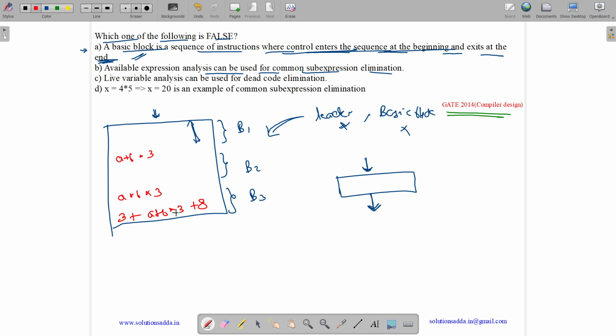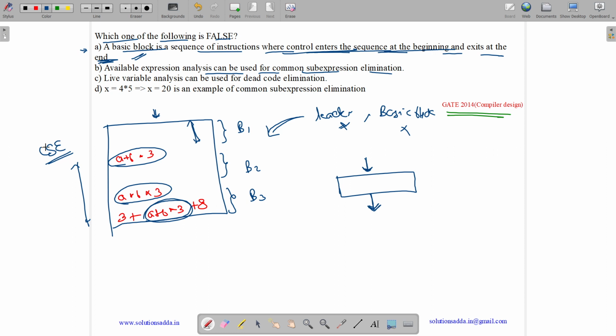Available expression analysis is an algorithm that determines, at each point of the program, the set of expressions that need not be recomputed. So here we have these common expressions. See, this is common over here, common over here, common over here. Available expression analysis finds out the common expressions, and it can be used to do global common sub-expression elimination.